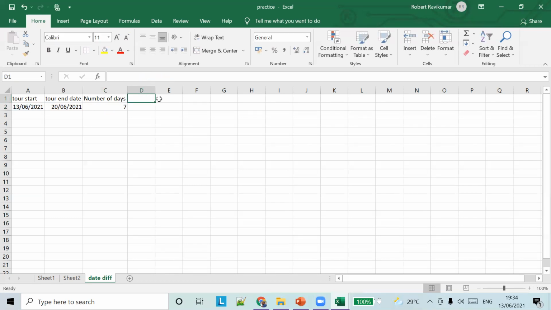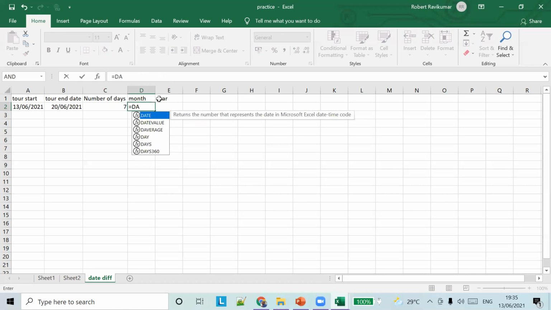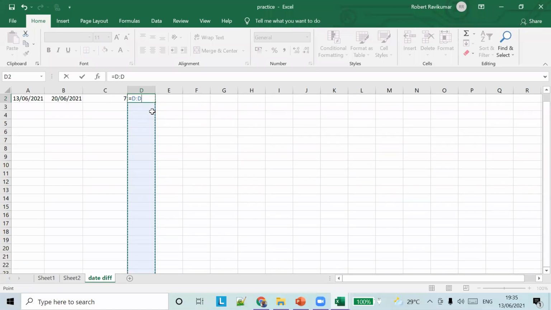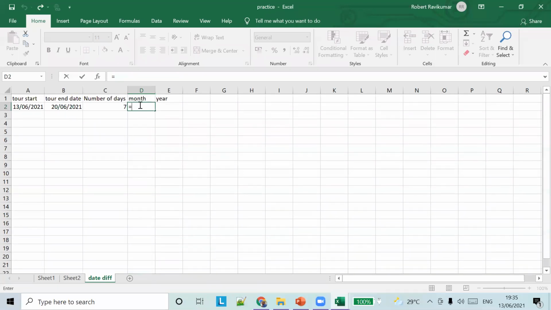Okay. So let's say months and years. Okay. So we're going to try to find out DATEDIF. I'm not sure why the formula is not appearing here. So let's say if you do equal to and DATEDIF, right? Usually all the formulas appear, right? So I'm not sure exactly why this formula is not appearing here. Leave that for now. So A2, comma, B2, start date, comma. So we are going to try to find the difference in months.